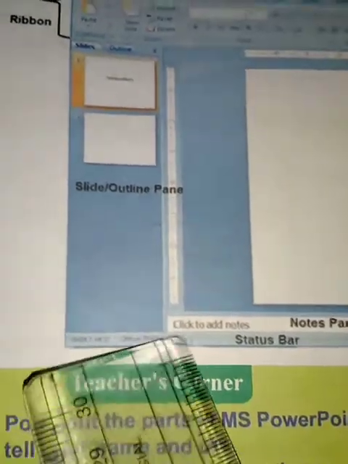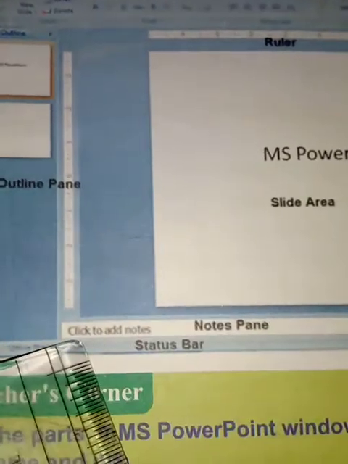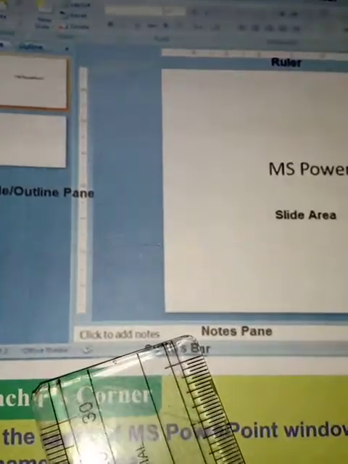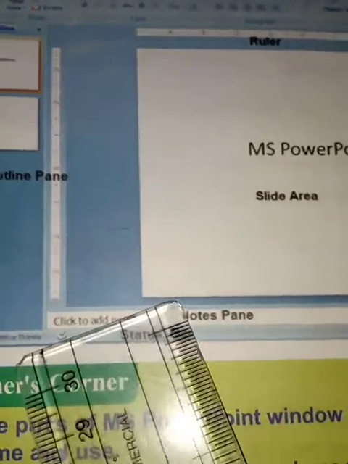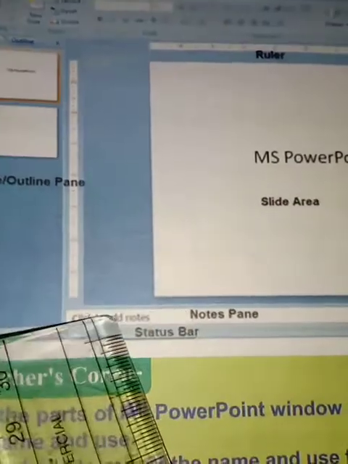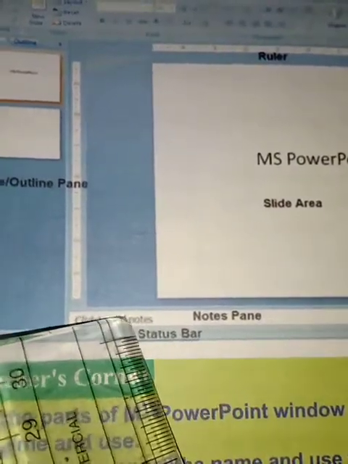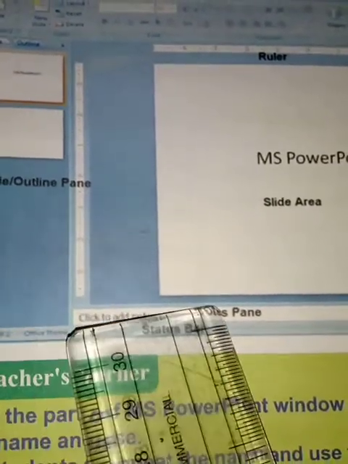And you can change the theme here. And here this is the notes pane. While giving a presentation, the points to be remembered, like how you write in your class notes, the short notes, you can write here. This is not visible to the audience, it can be seen only by you.